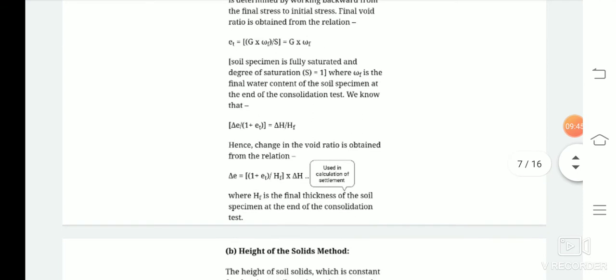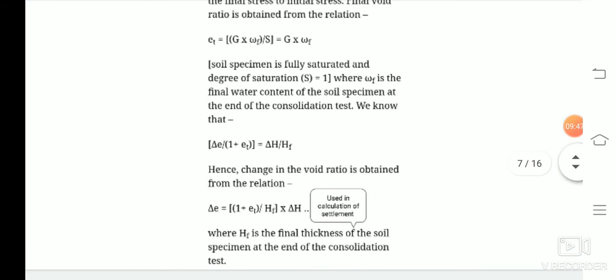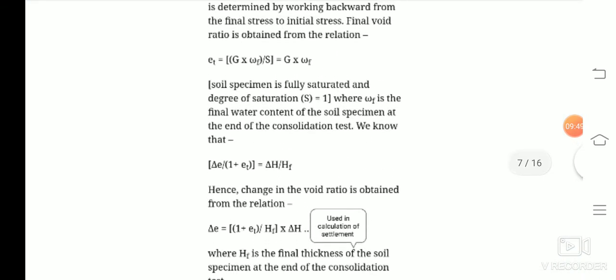Hence the void ratio is obtained from this relation as e_f equals G into w_f divided by S, or equal to G into w_f, when the soil specimen is fully saturated and the degree of saturation is 1, where w_f is the final water